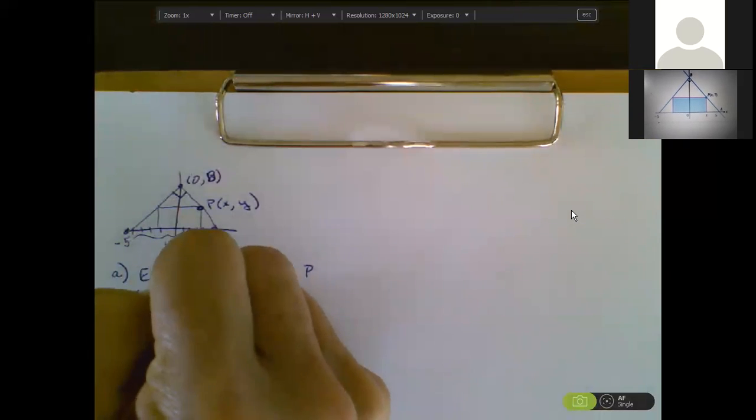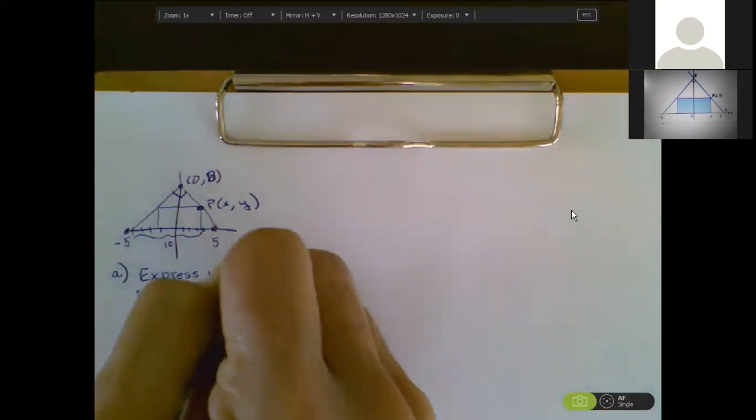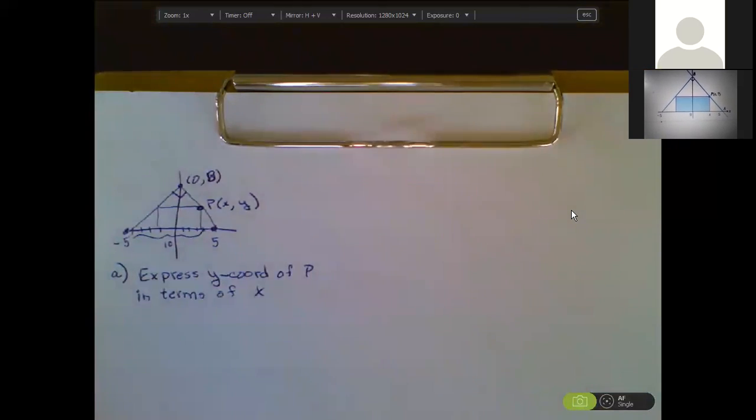Of P in terms of X. Oh, in terms of X. All right, I got it. Express the y-coordinate of P in terms of X. Well, we know that